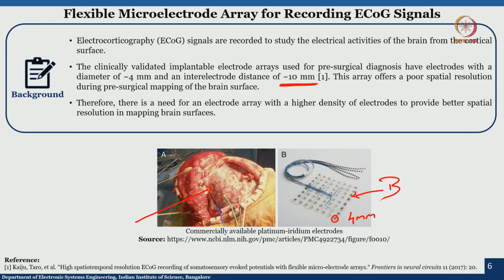So, as I told you earlier, this array offers a poor spatial resolution during the pre-surgical mapping of the brain surface, and thus there is a very clear gap for which we can find a solution. There is a need for an electrode array with a higher density of electrodes to provide better spatial resolution in mapping brain surfaces. One of the applications can be epilepsy. Okay. So, with that,